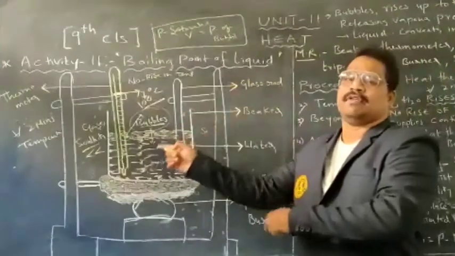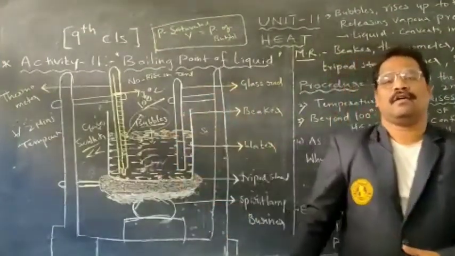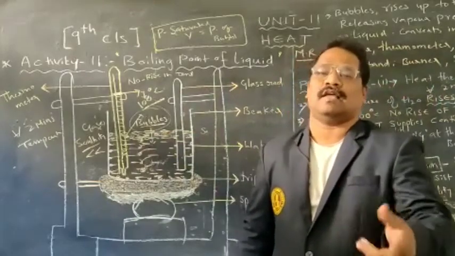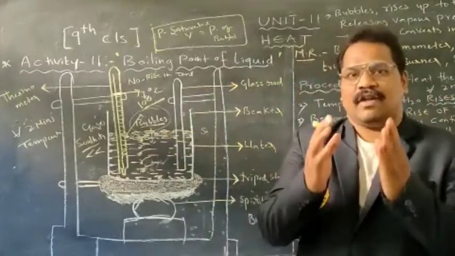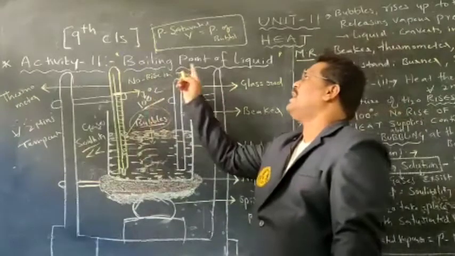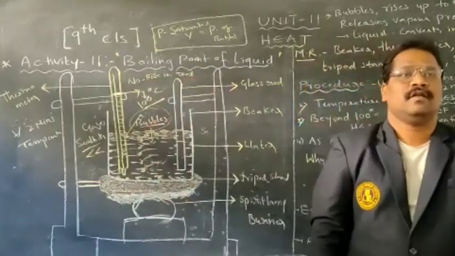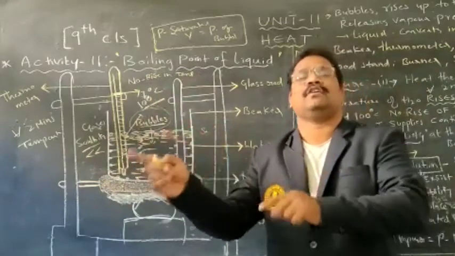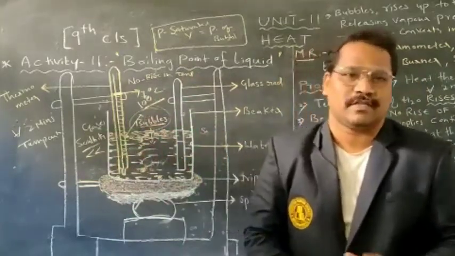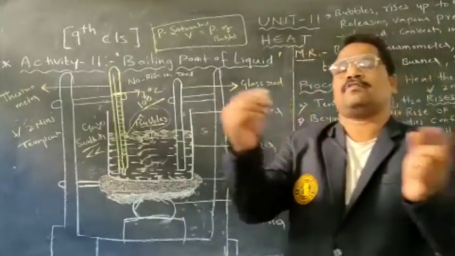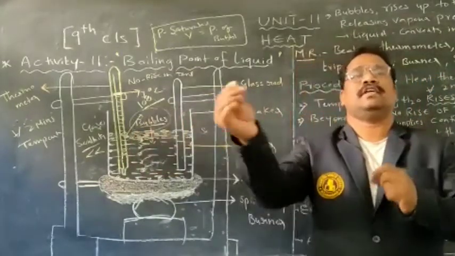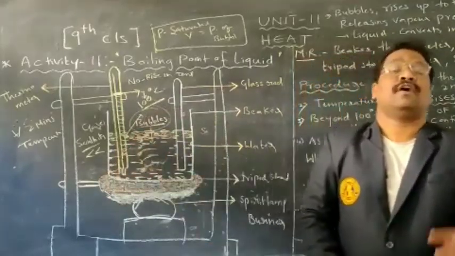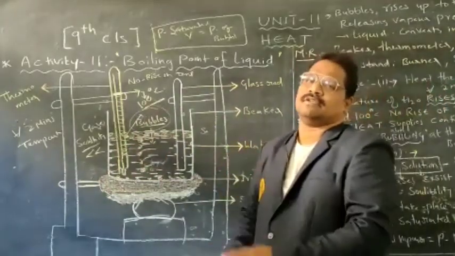As we are in the process of completing this particular topic, let me recapitulate what we have studied in the previous class. We have defined clearly what is meant by the boiling point of a liquid and what is meant by latent heat of a liquid. Latent heat of fusion and vaporization we have also discussed, and what the units are in CGS and in the SI system for latent heat of vaporization.